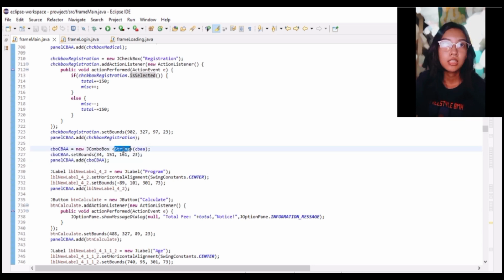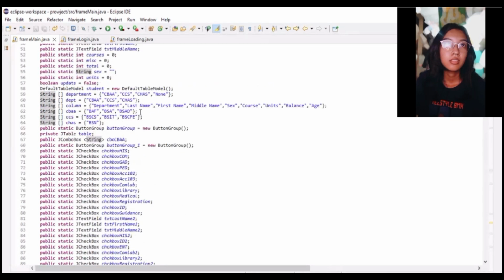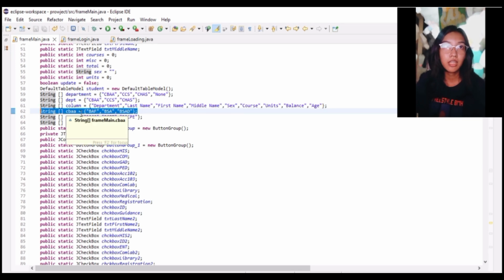You can see that the array here, the CBAA, contains the programs under CBAA, which is BAF, BSA, and BSAB.